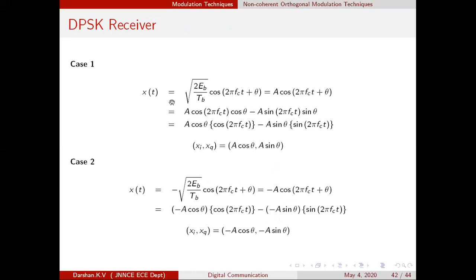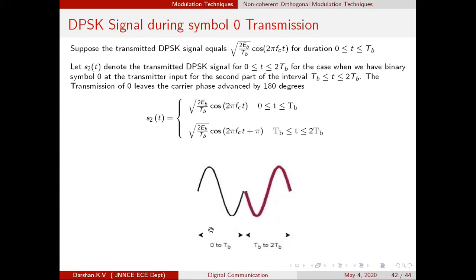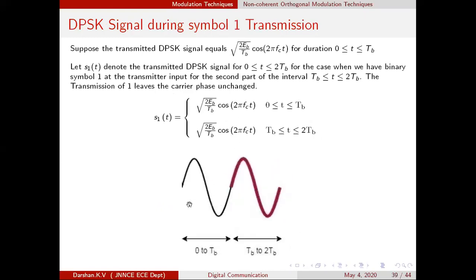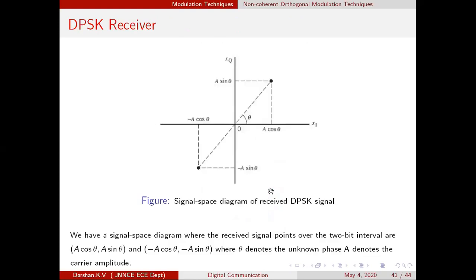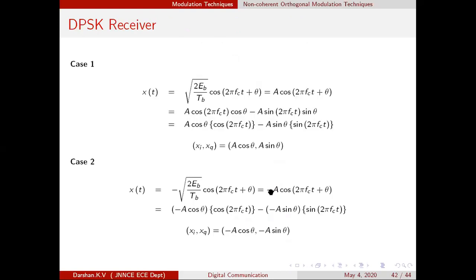So at any point of time, you are having a carrier, a signal. What would be the phase of the signal? Either it would be 0, or over here there is an out of phase, the phase is inverted. So at any instant of time, you are having only two things: the carrier and its inverted shape. That is what you observe in the signal at every time instant. I hope you are understanding.